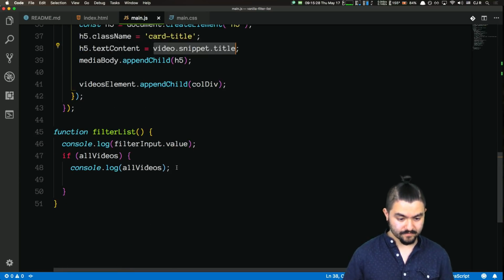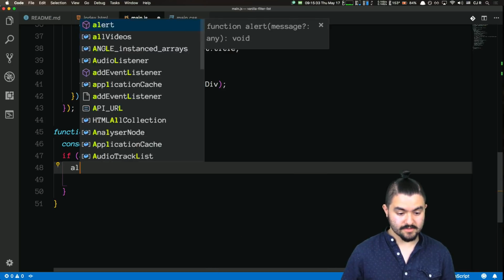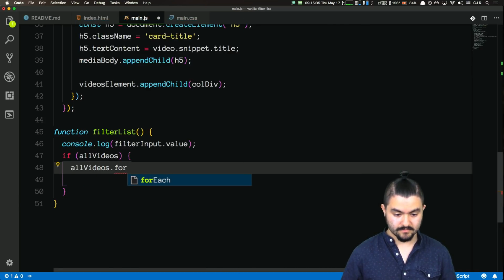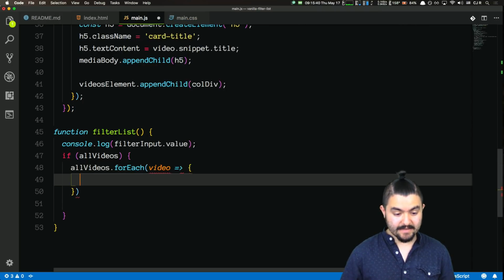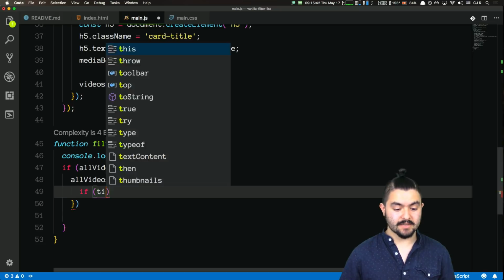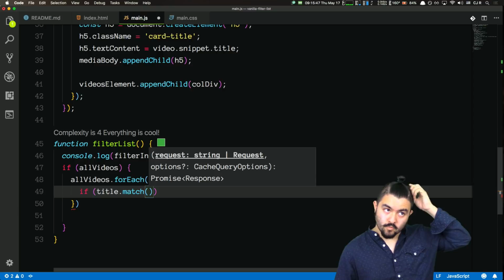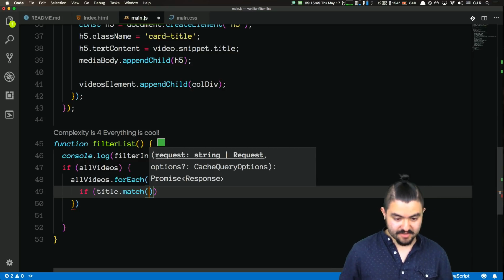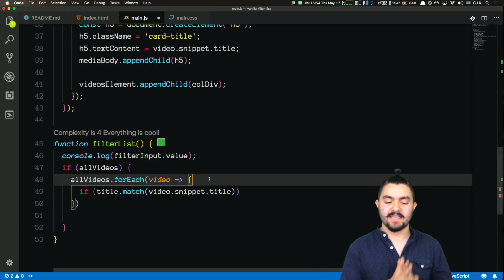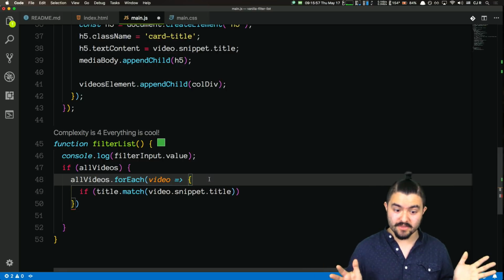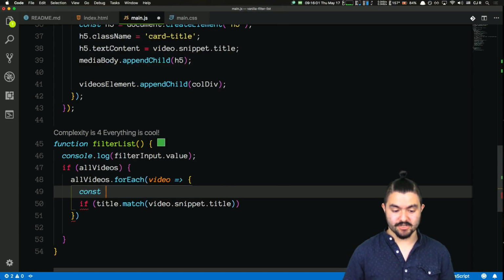So here's what we'll do. Let's say allVideos.forEach video, if title.match. And right now we'll just do a basic match. We'll say if the title, well, no, we need to do a regular expression. Basically, we need to say if the word that they typed is anywhere in the title, let's only show that video. So let's create a regular expression,